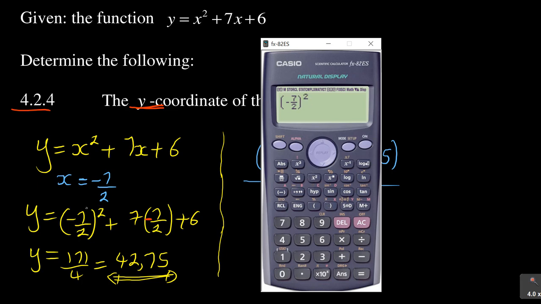Be careful about that one. I just picked up that I forgot that negative. So plus 7 into negative again 7 over 2, as you can see, plus 6. So it's very important to check that, which is minus 25 over 4. Actually it's changing now, and then which is minus 6,25